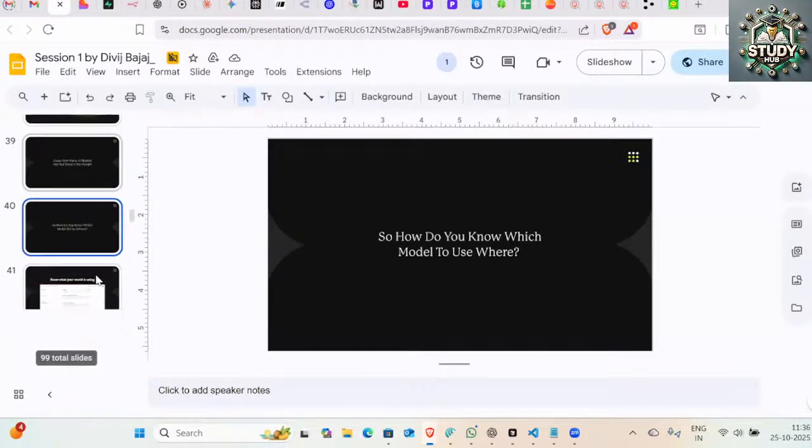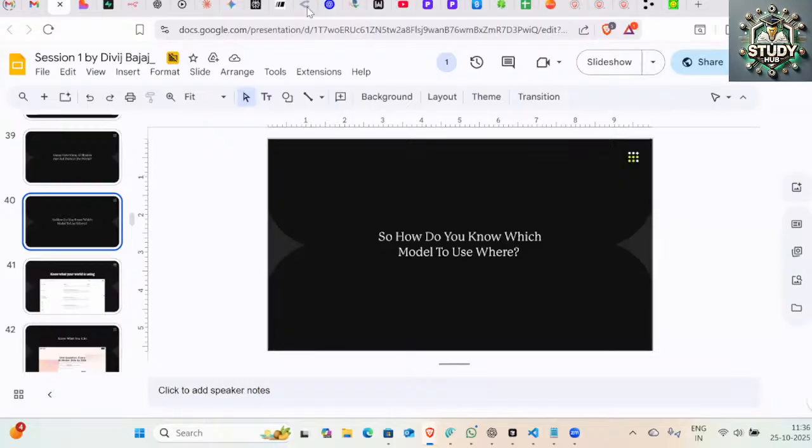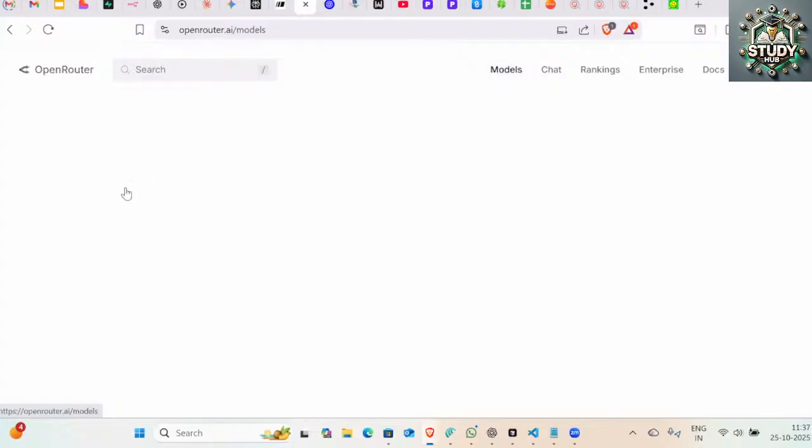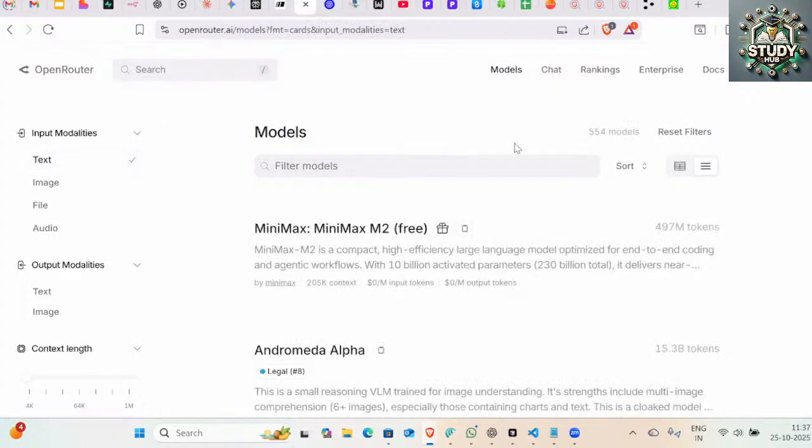How many models are out there, and then we will see a few websites where we can try these models also, right? So I'll go to Open Router, right? Open Router is a website where you can find most of the LLMs, and I can check the number, right? If I go to the text part of it, I can see only text models, which is 554 models, right? So we have this many large language models, which are only for language related tasks, right? All this is text based, no images, nothing else. But I have all this combining open source and the paid ones, right? Open source means they are free to use, and these are the other ones, right?